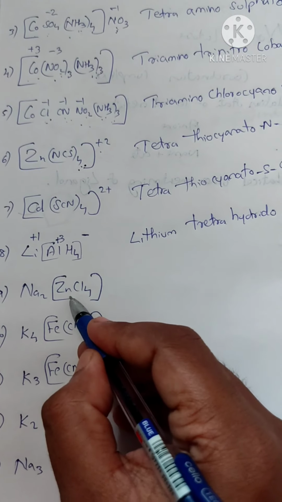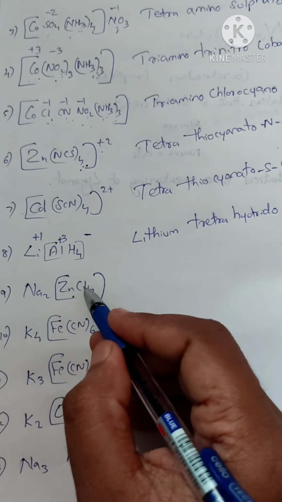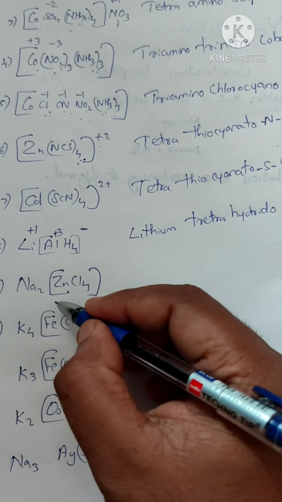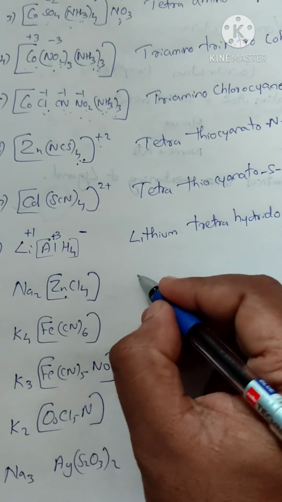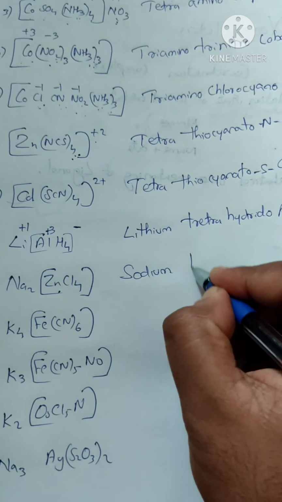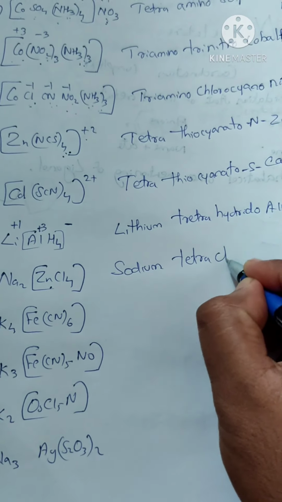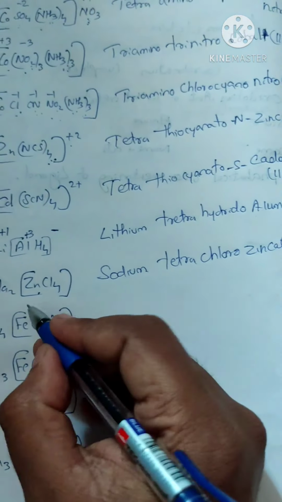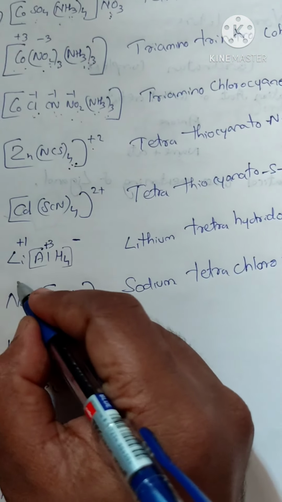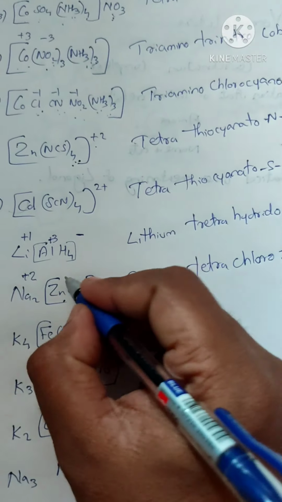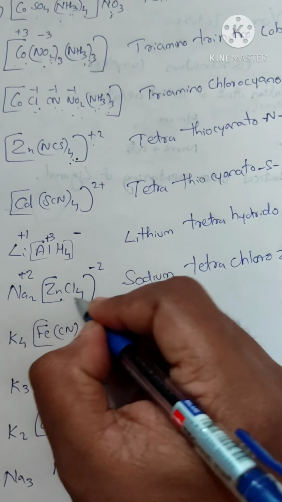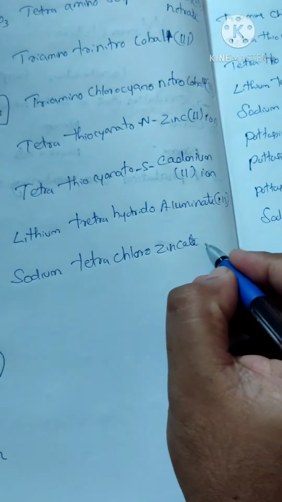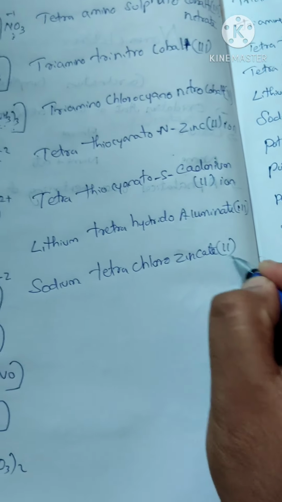Okay, next one. This is sodium and this is zinc. This is tetrachloro zinc, and this whole complex exists in anionic form. So tetrachlorozincate. So we have to mention zincate and sodium. Sodium will exist as sodium. Sodium tetrachlorozincate. And the next point is, what is the oxidation state of zinc? We know sodium is plus 1 and 2 sodium will give plus 2. So the overall charge of the complex will be minus 2. And we know chlorine is minus 1. Since 2 chlorines are cancelled out by the oxidation state of zinc, zinc will be plus 2. So zincate 2. Okay.